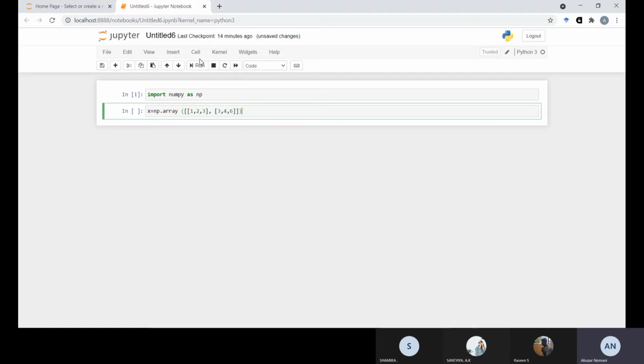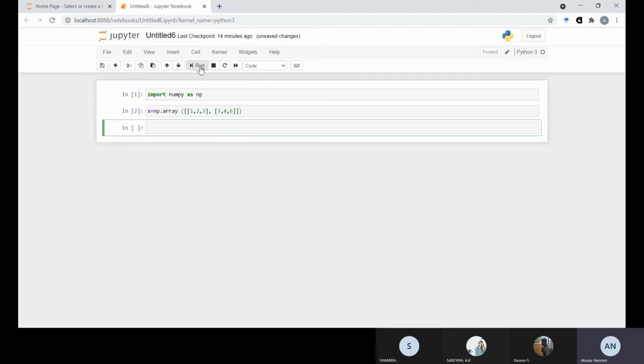So if you run this, we have taken x as np.array with 1, 2, 3 as one array, and 3, 4, 6 as another array.